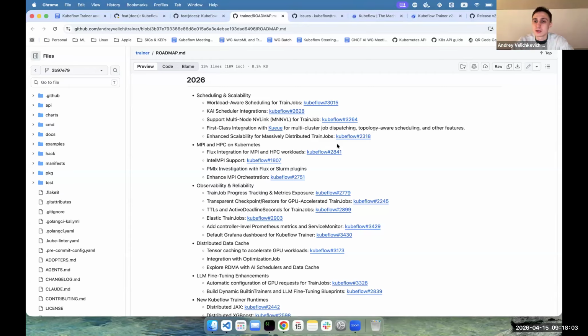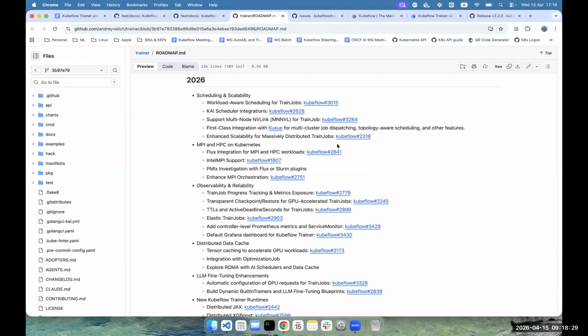I think there is an open discussion happening on the DRA side about who should create compute domains, because right now we have the resource claim template and we do have this resource compute domain. Previously the compute domain was an abstraction on top of resource claim template, and I know they're discussing refactoring this, but that might take some time on the DRA side.